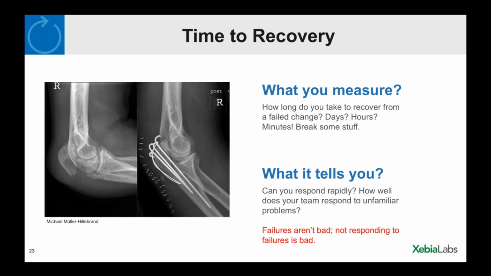Because faster delivery, being more agile, opens up more opportunity for failures, but they're not inherently bad. What's important is, can you react to them? Can you roll back? Can you respond? Can you take the evidence that comes out of that event and prevent it in the future, right?